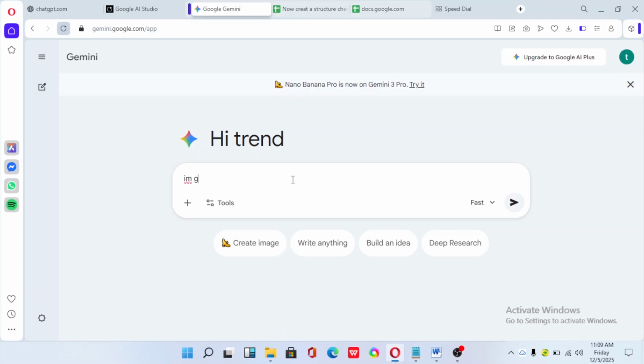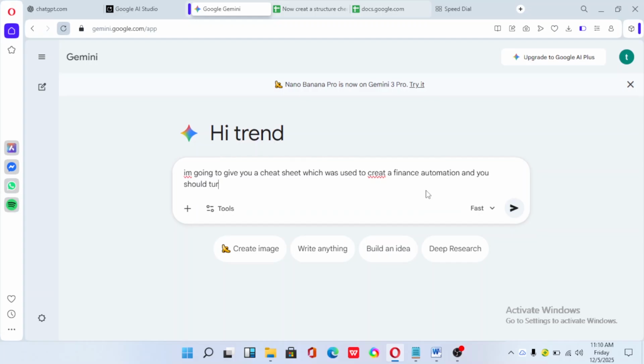So I'm going to say, I'm going to give you a cheat sheet which was used to create a finance automation, and you should